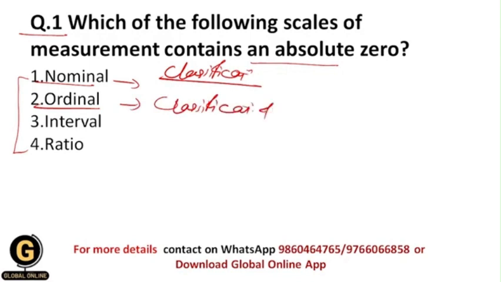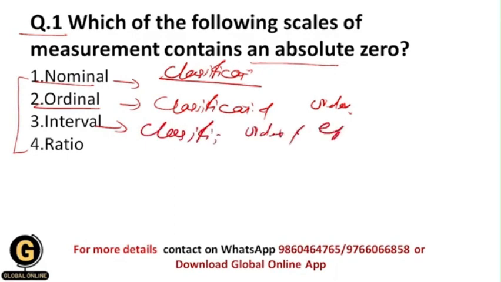Classification and order. Okay, in the interval scale there is classification, there is order and equal unit as well. Classification, order and equal unit. And within the ratio scale, there is classification, there is order, there is equal unit, and as well there is